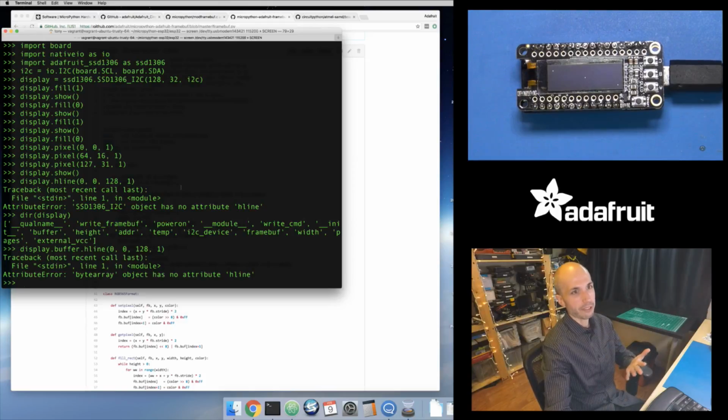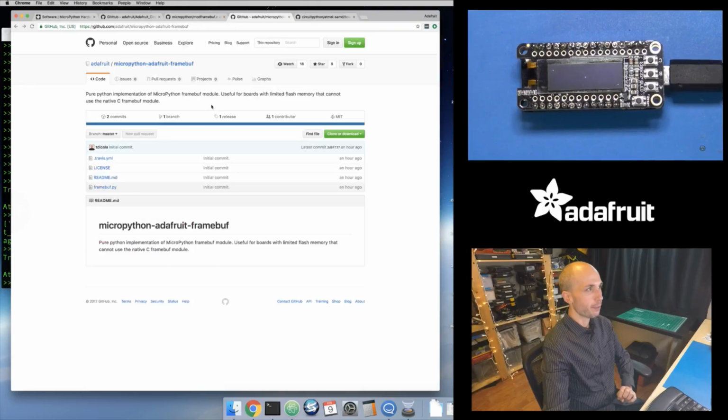But again, it's not going to be fast because your low-level pixel drawing is using Python code to set that display memory, and so it's going to be a little bit slower. But the nice trade-off is your MicroPython firmware is smaller because it doesn't have that C implementation inside of it. So that's really all I wanted to show in this video. Is just there's this new MicroPython Adafruit framebuff module, and I'm going to update the SSD1306 guide to mention it